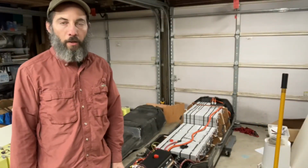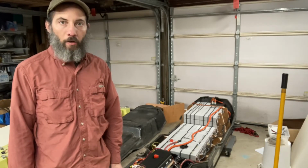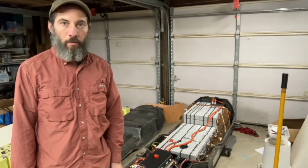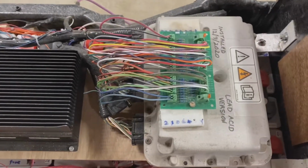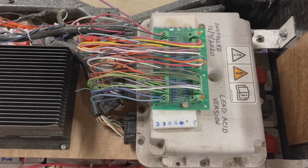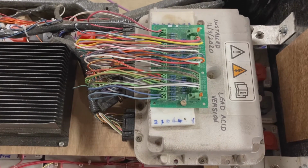Hey everybody, out here in the shop with the Ford Ranger EV battery pack. I've got all the cells installed and I've got them partially wired up. Let's take a look at what we've got here starting at the front of the pack. I've got the Ford battery control module here wired up to the spoof board, and what this does is tricks the Ford BCM into thinking that there are 39 individual batteries and the battery voltage is high enough so that